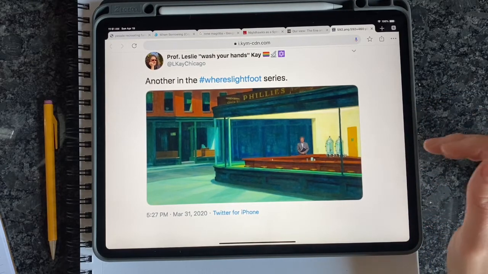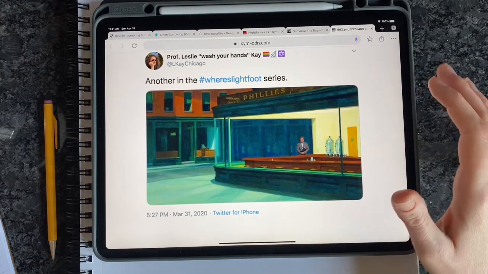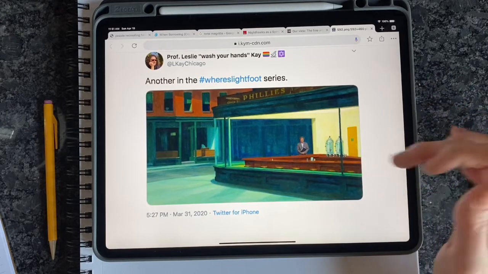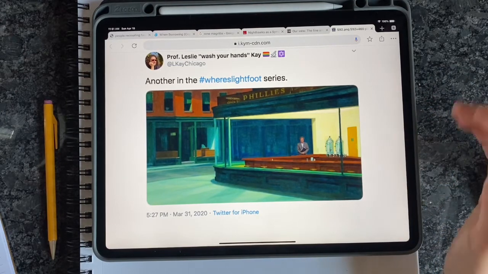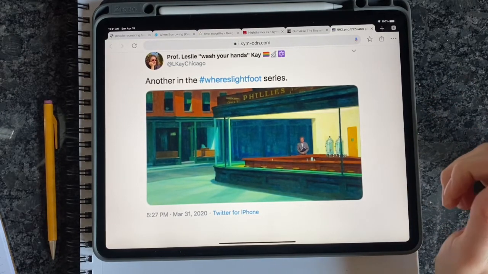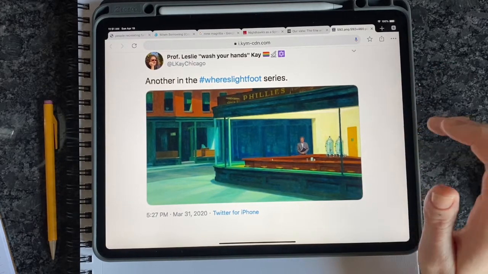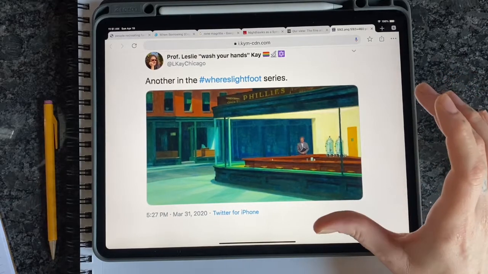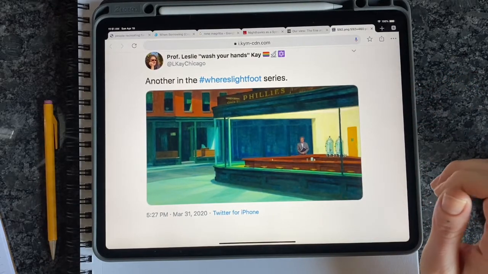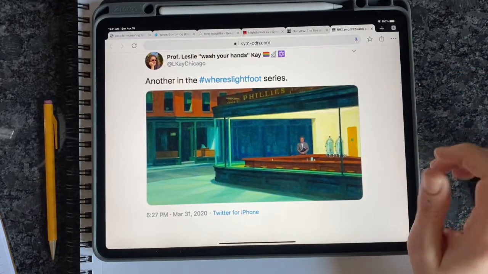So that was someone's take on this, recreating the Nighthawks and instead having Lori Lightfoot there with all the people gone, giving that stare that she gives, saying, all right, everybody needs to go home. And yeah, it's a funnier, more lighthearted appropriation of this artwork. So two different ways that you can go.